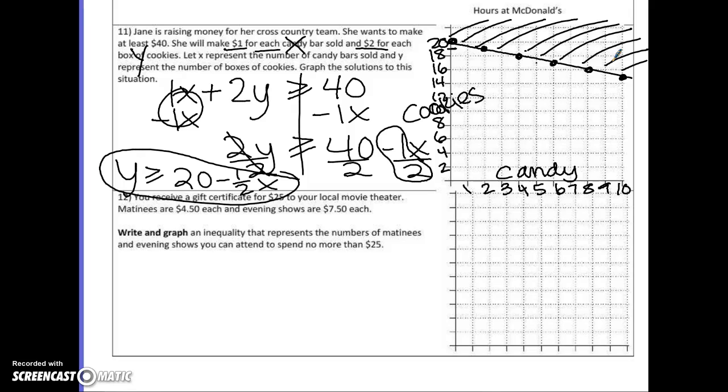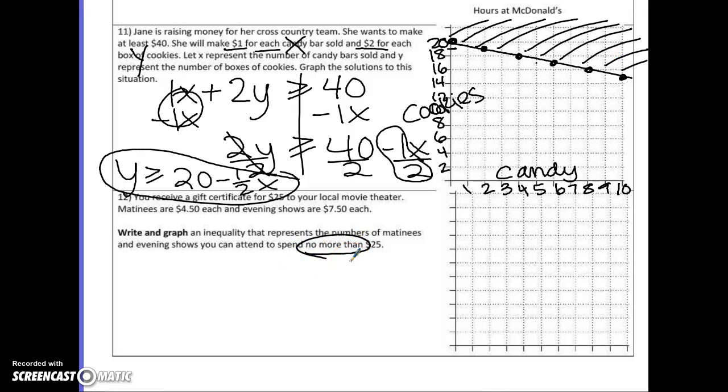Okay, last one. You receive a gift for $25. Matinee tickets are $4.50 each. Evening are $7.50. If only they were still that much. Write and graph an inequality that represents the number of matinees and evening shows you can attend and spend no more than